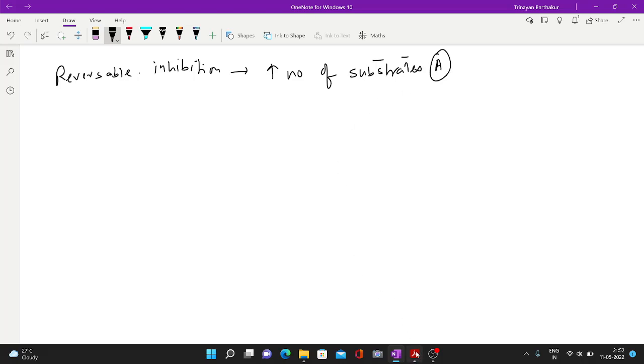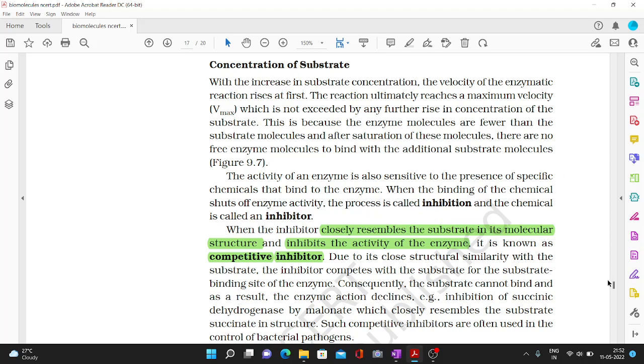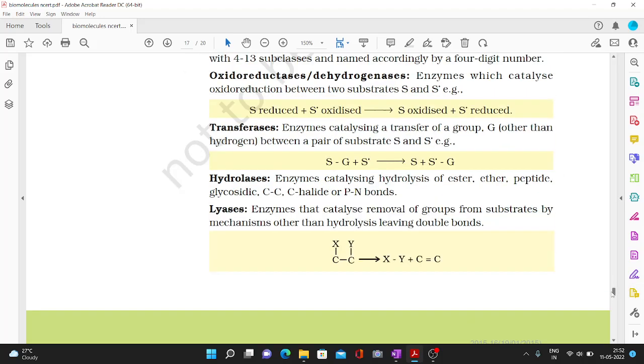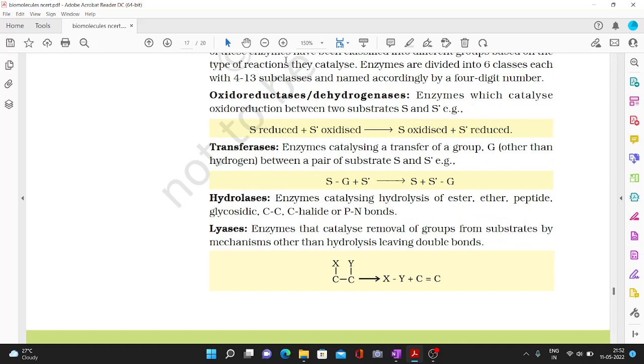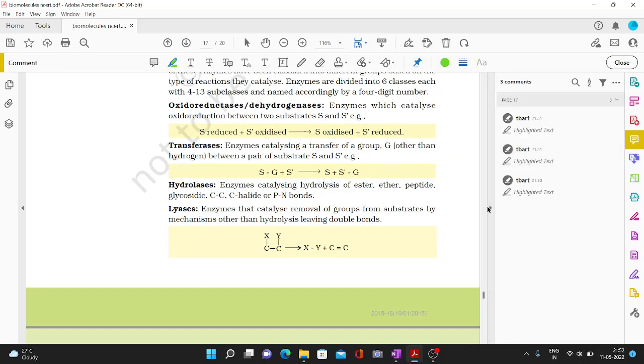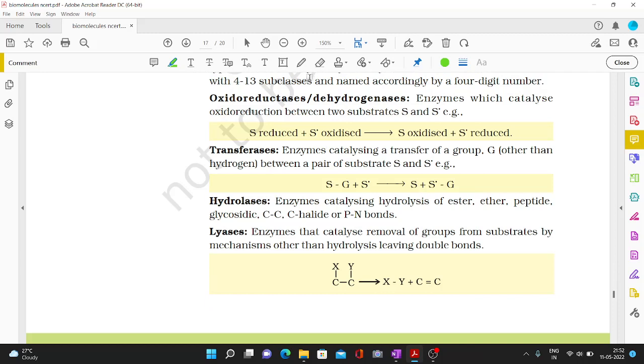Now, after competitive inhibition, there is the classification of enzymes. So enzymes can be classified into six categories. Okay, they can be classified into six categories. Let me just elaborate on them a little bit. Okay, the first category is oxidoreductase. Okay, so